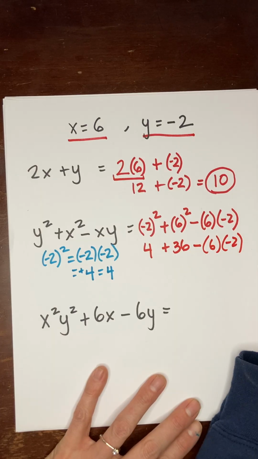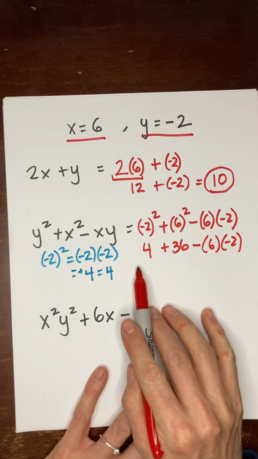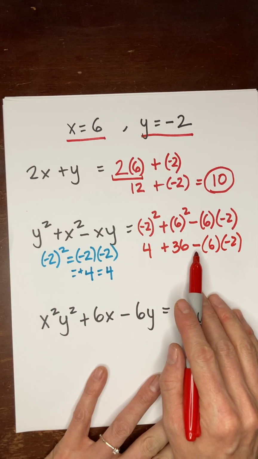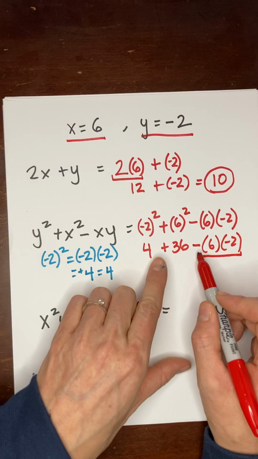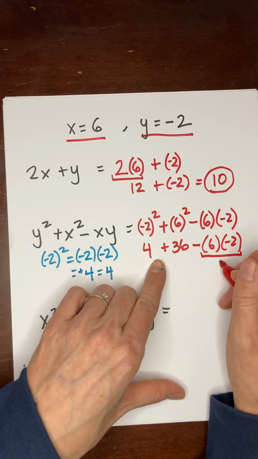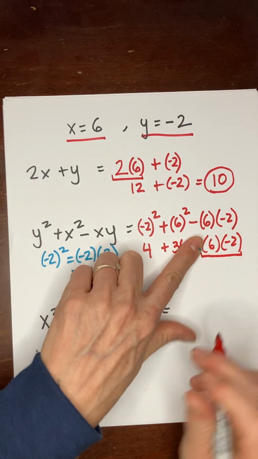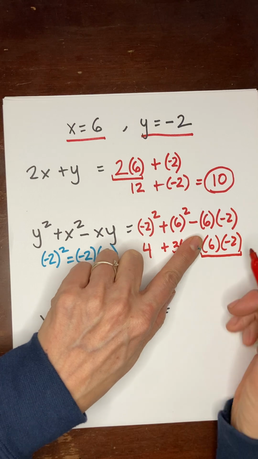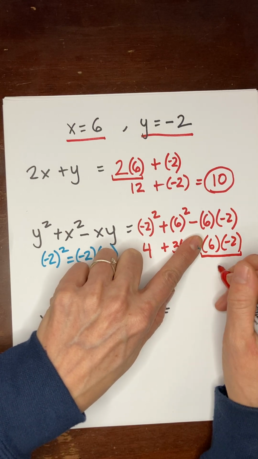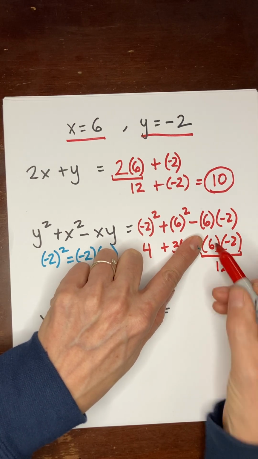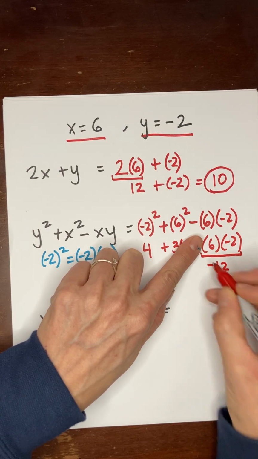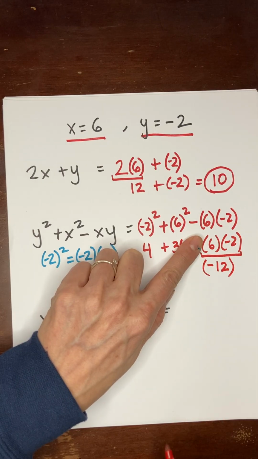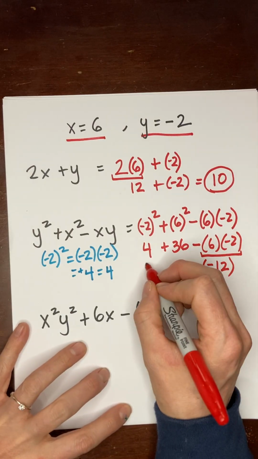Okay, I did my exponents. The next thing is multiplication and division from left to right. So I'm going to go left to right. I've got a plus, no, minus. Okay, I've got some multiplication happening here. So before I do my plus and minus, I've got to take care of this. Okay, so just covering up that sign for the moment, 6 times 2 is 12. But I have a plus times a minus, and that means it's minus. Okay, I'm going to put parentheses around that,